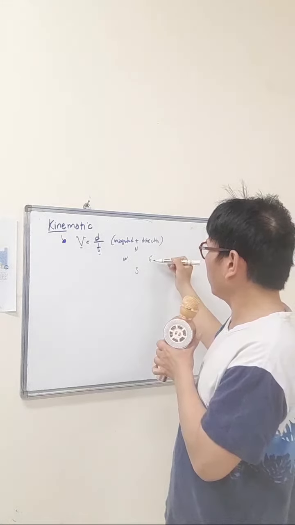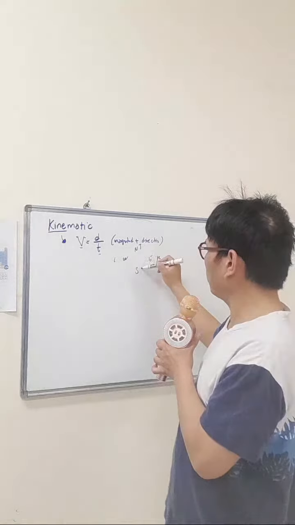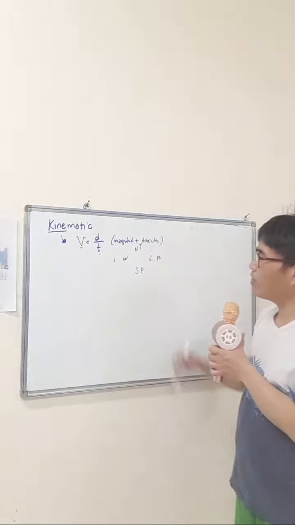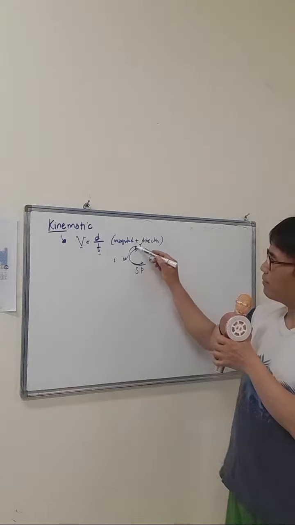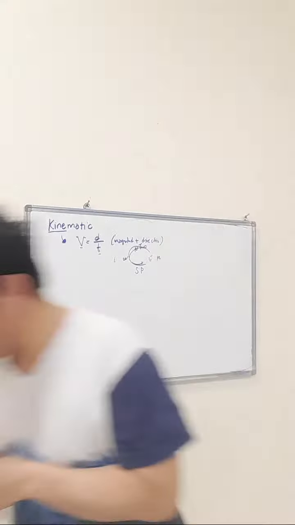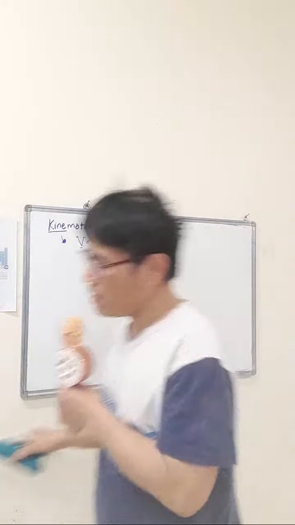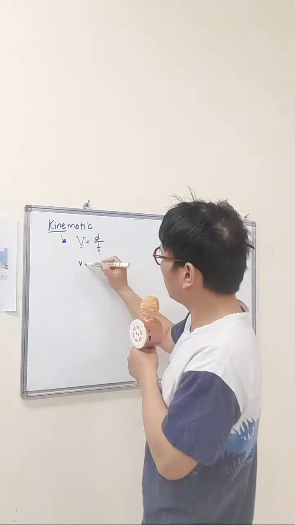Then right, left, top, bottom, or upward or downward. So these are the directions. Or circular: circular to the right or circular to the left. And then for the scalar speed, which involves only the magnitude,